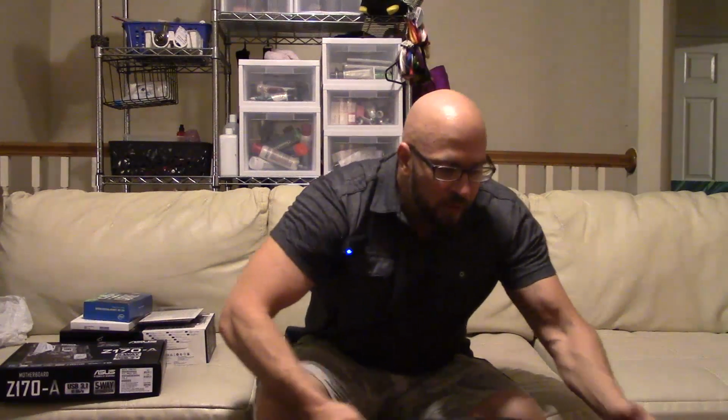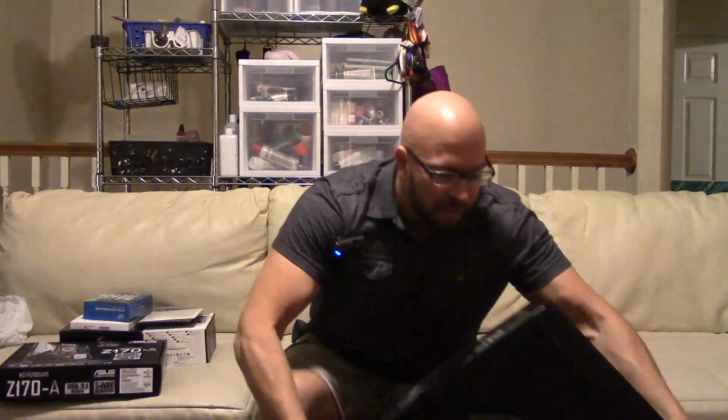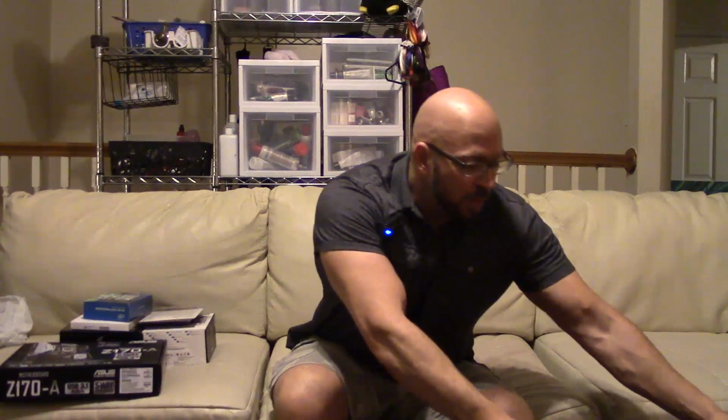But this is kind of a budget build, but it's going to be fast enough to do all my video editing. The only part that's not new is going to be this Antec case. A good bro of mine donated. I need to pull all the guts out of it because I don't want to take my other computer out of the Coolmaster. That's my backup computer. I'm still going to use it for stuff. But this is going to be pretty much an